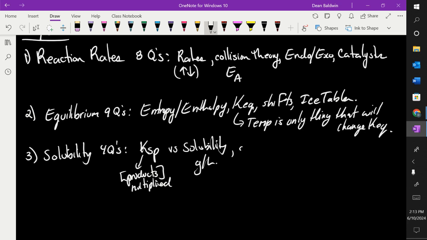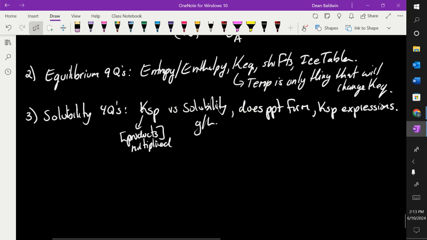You should know how to figure out if a precipitate forms, which is basically a grade 11 question. Know how to do KSP expressions. And then